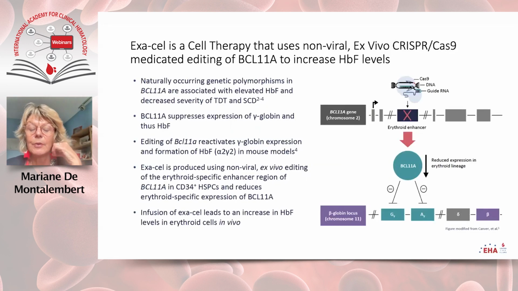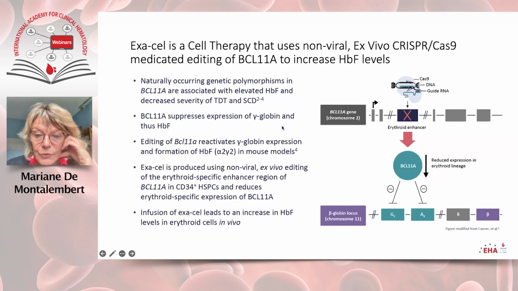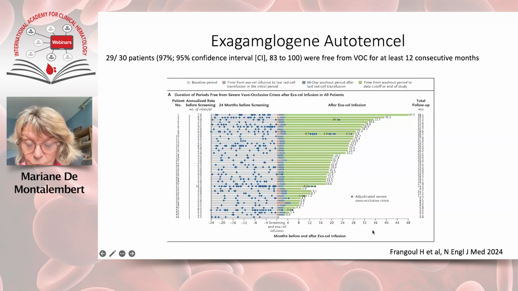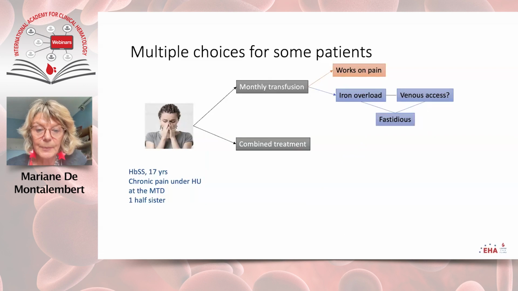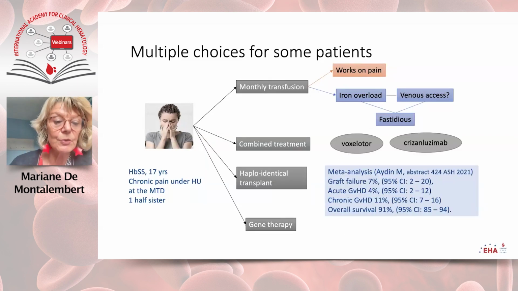The other option, which is the Vertex approach, is to disrupt the activity of the BCL11A gene, meaning an increase in the production of fetal hemoglobin. These results were published 15 days ago. You can see that there are 44 patients, with short follow-up, but almost the vast majority of patients have no more crises, though some patients still have some painful crises. I have taken this example just to show you that if you have a patient with no donor,